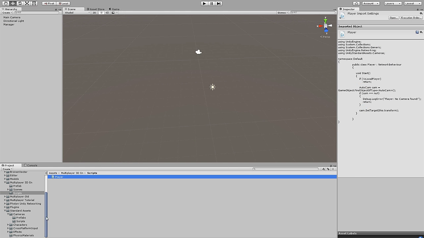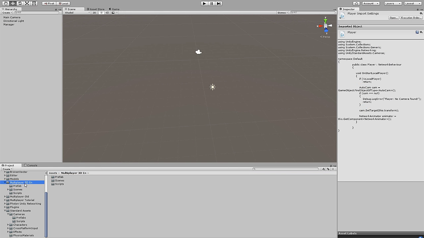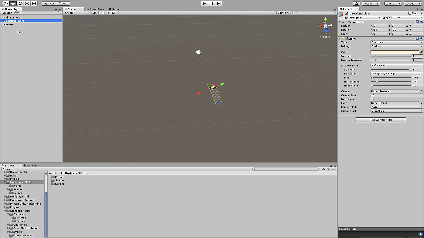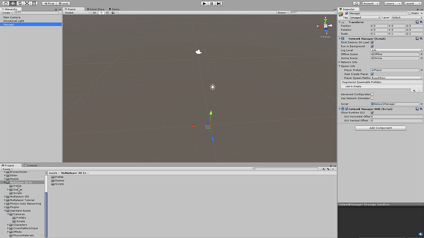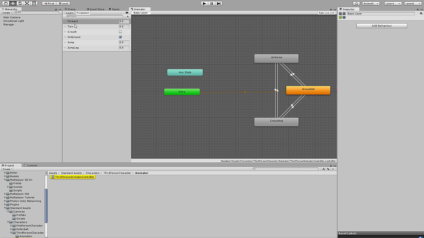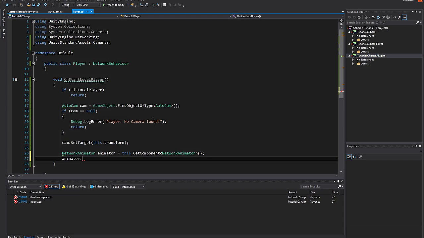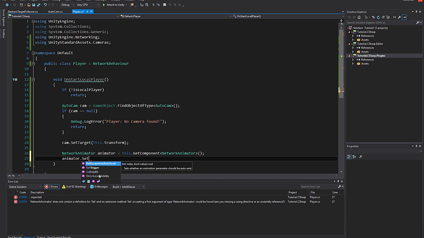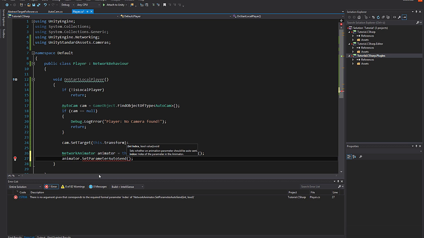and then I need to check how many parameters the animation controller of the player has. Give me a moment. Prefab player. We have 1, 2, 3, 4, 5, 6 parameters, and oh yeah, basically those are these here, and we have to sync them. And to tell the network animator that it has to sync them, we just set parameter autosend to true for each index,